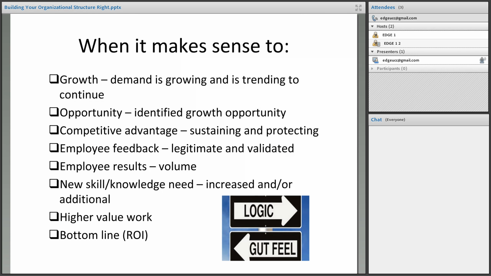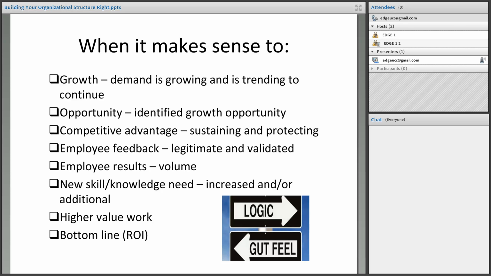So that doesn't mean that gut feel isn't important, but as far as when we first begin looking at how do I figure out when I need to expand and how to do it, let's focus on a very logical approach first. So here are some of the reasons when it makes sense to. You could tick off all of these boxes. You could be ticking off one or two of these boxes, but even by you thinking through each of these steps, it's going to become more apparent for you as to what it is in terms of the role that you actually need.